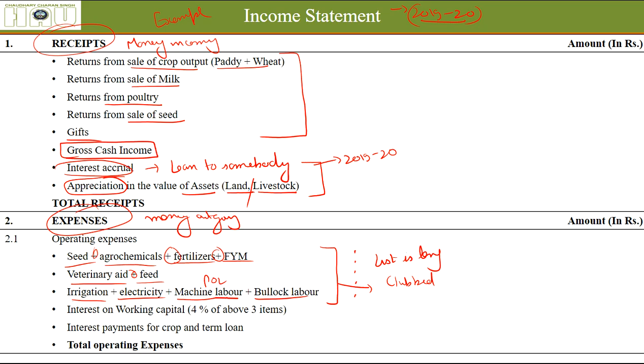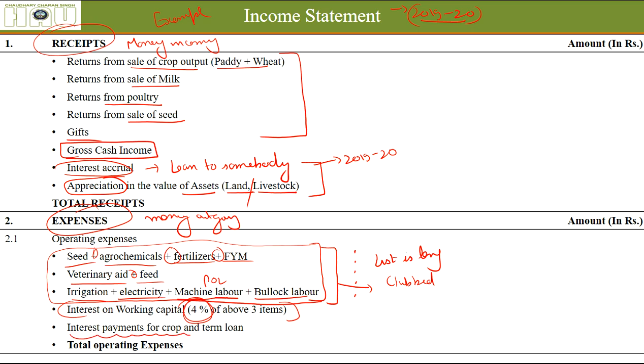Okay, interest on the working capital, the money that is being spent by the farmer here. If he was not doing agriculture, he could have used that money and earned some interest over it. So this much interest we are charging on working capital spent for crop production and other productions.